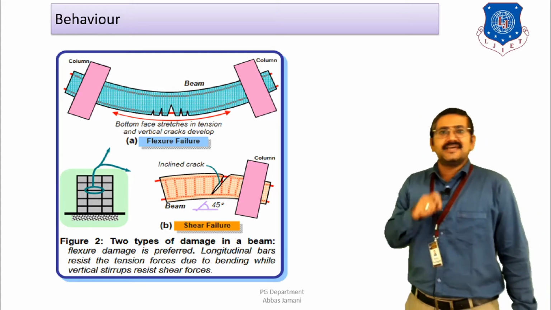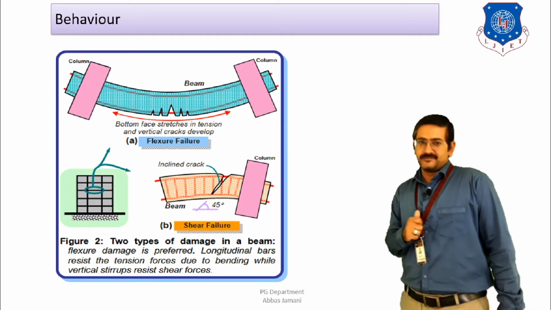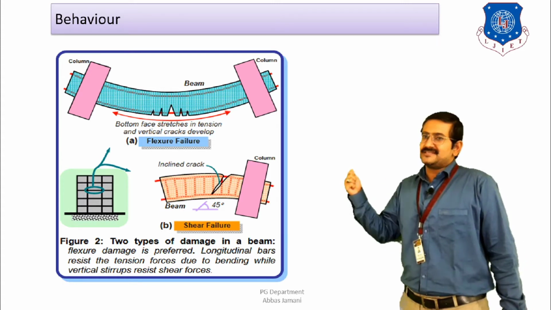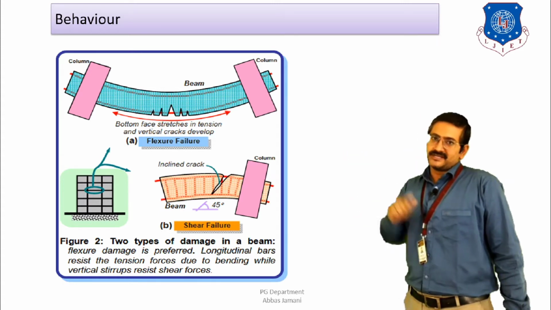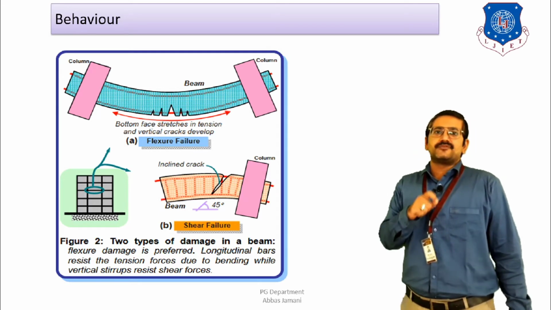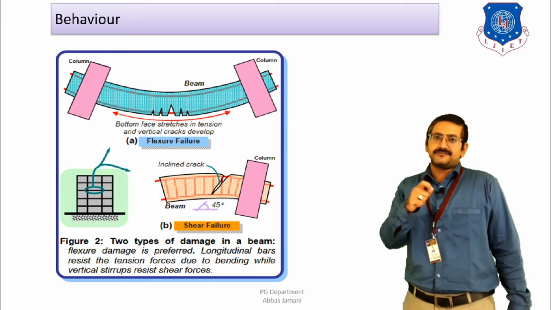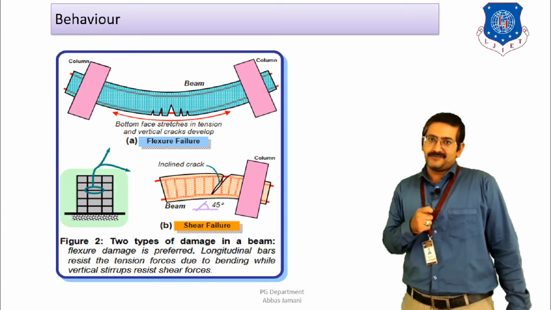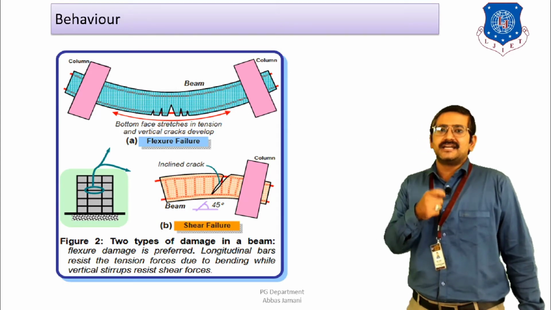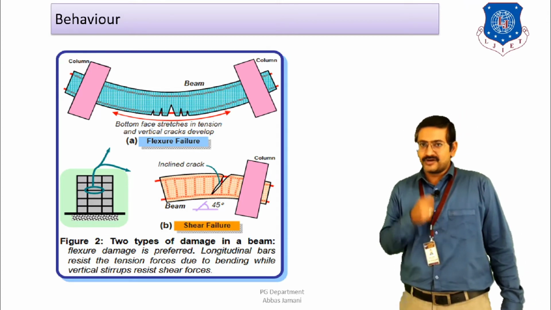But if you want to see exactly this type of failure, there are two criteria. If the amount of tension steel is more, then this type of behavior will not be visible. If the amount of compression steel is more, then the type of behavior you are seeing over here is going to be visible. Why? If the tension reinforcement is provided more, then the concrete is going to crush first, before the yielding of the bar under the application of the load. That type of behavior results in brittle failure of the member and not the ductile failure that we are promoting over here, right?